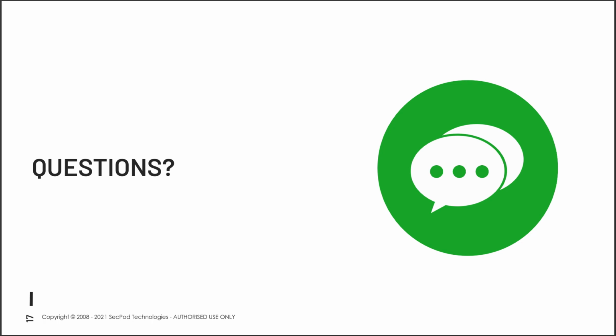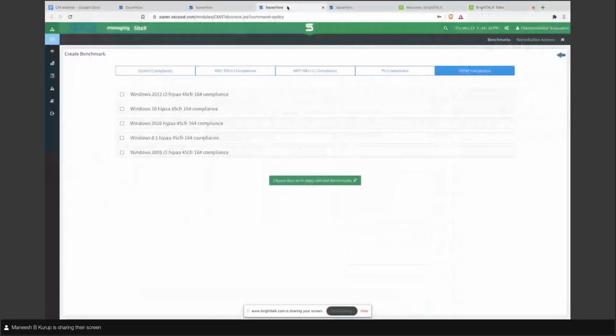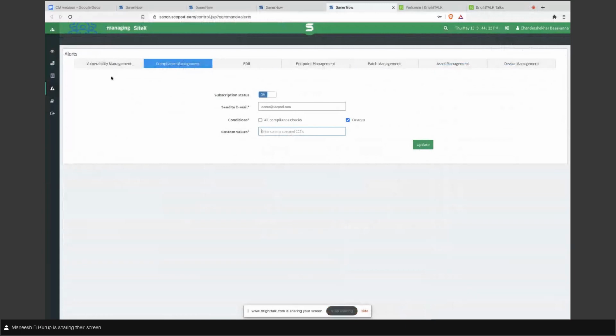Yes, okay. Let me take you to that section. So yes, we have an alerts section available. So let me share the screen and explain. I will take the screen for a moment. Yeah, so here, you can navigate to this section by clicking on this left hand side alert icon. If you click on this, you will be redirected to this page where various tool-based alert mechanisms are provided. So if you click on compliance management, there is a